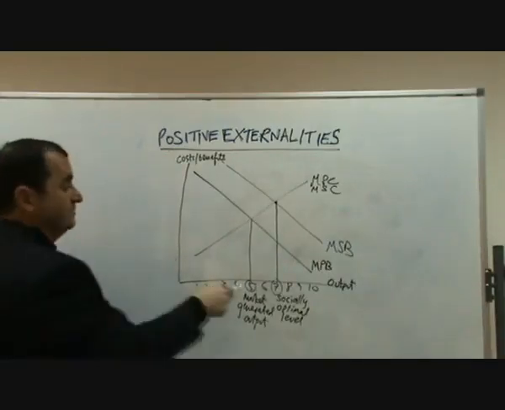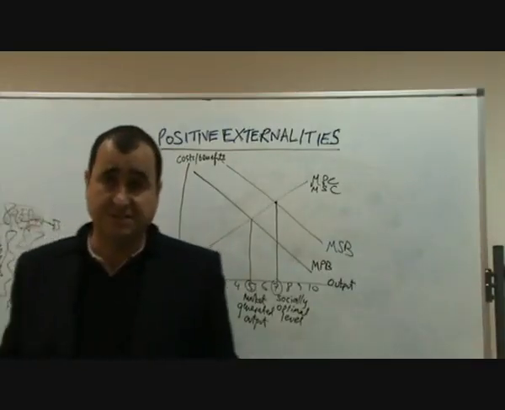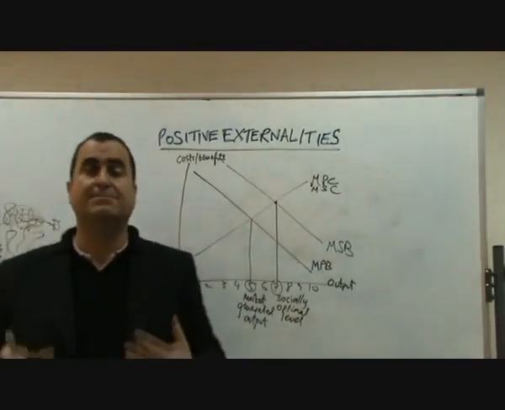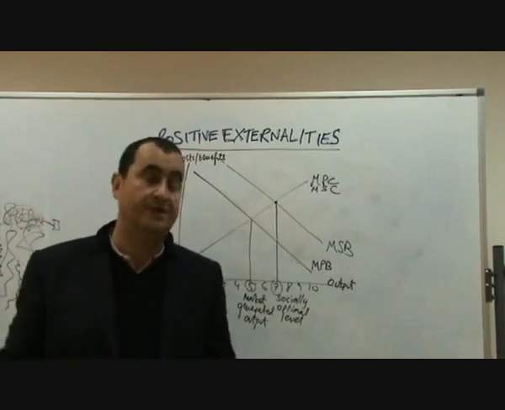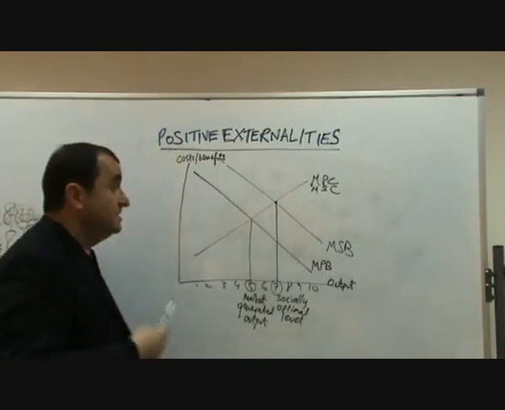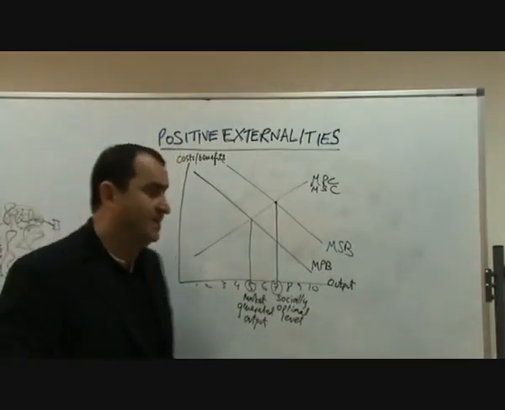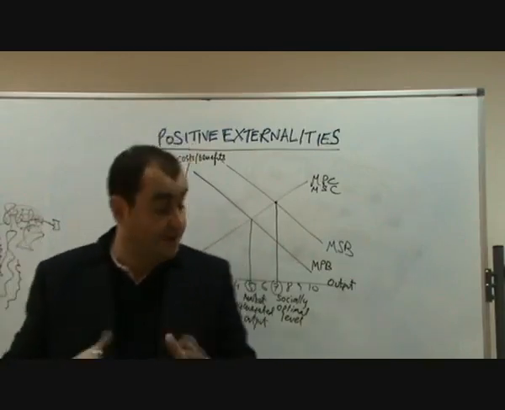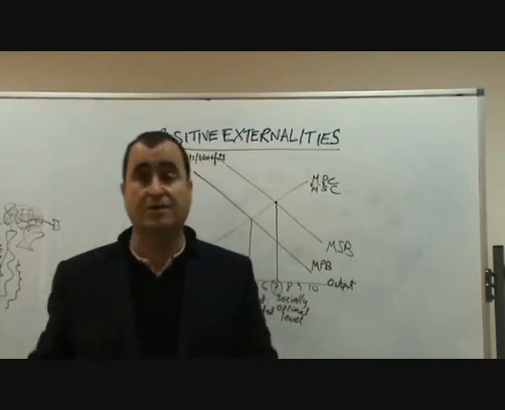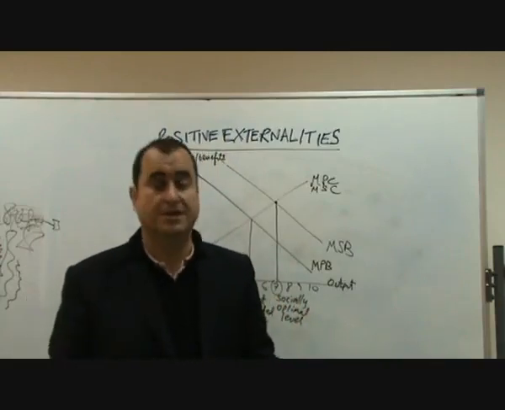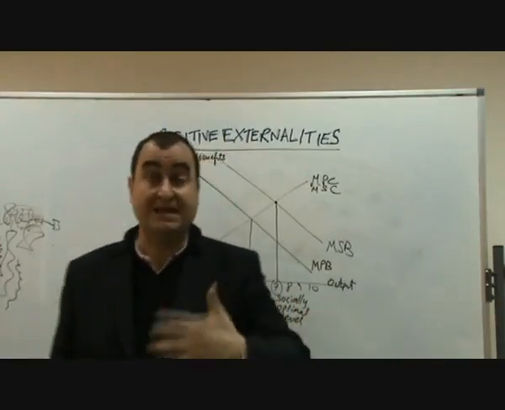The market will only go up to where it does because private citizens and private firms only consider their private costs and benefits when they make their decision about how much to produce, how much to buy. They don't consider the external benefits. Let me give you a really good example of that. You may be watching this probably because you're a student. You're probably at university or in the final years of your school or college. And you've got plans for the future.